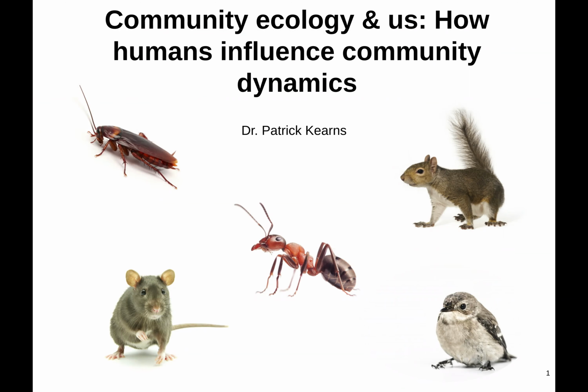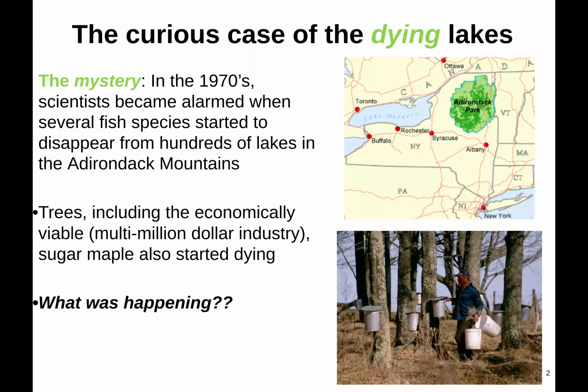So we're going to talk about a case in the 70s in the Adirondack Lakes up in upstate New York. It's a really beautiful area of New York if you've never been there. Lots and lots of lakes, lots of trees, mountains, very, very beautiful area. The mystery in the 70s there was that scientists became very alarmed when several fish species started to disappear from hundreds of lakes in the Adirondack Mountains. In addition, they were seeing